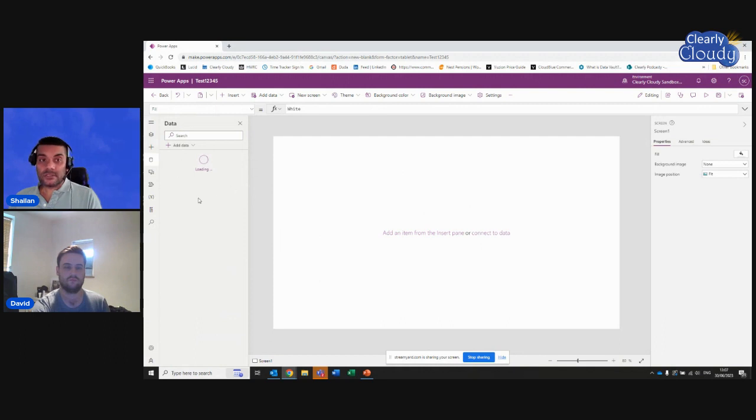What's happening is it's actually creating a connection from this Power App to Dataverse now. So Dataverse being a repository. So that's what it's done there. The next part is if you want to look at some data, well, this is where you can drag some